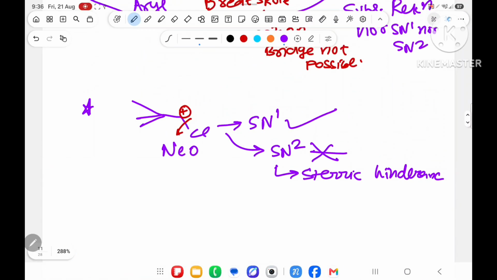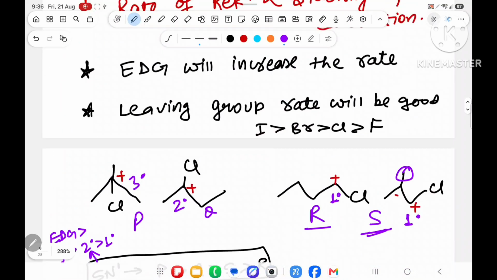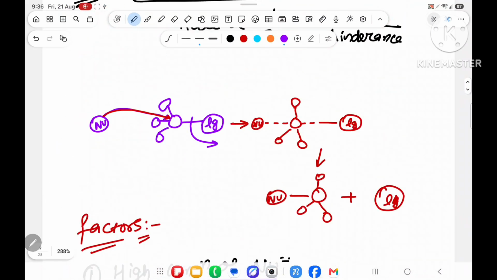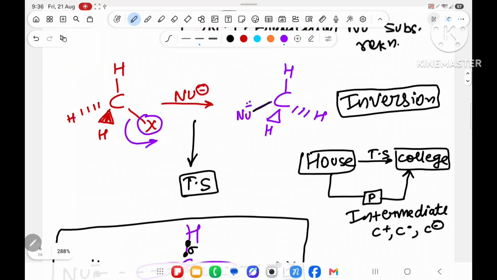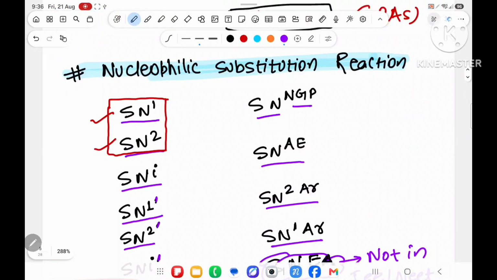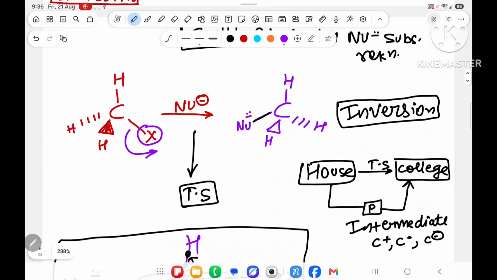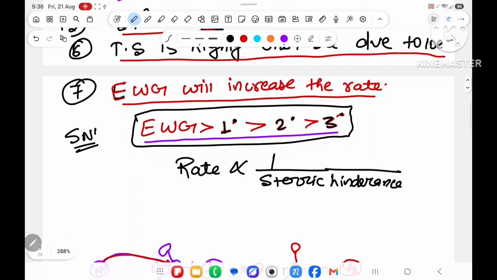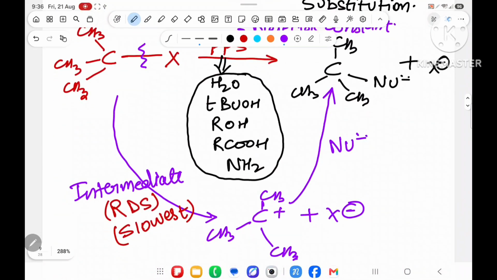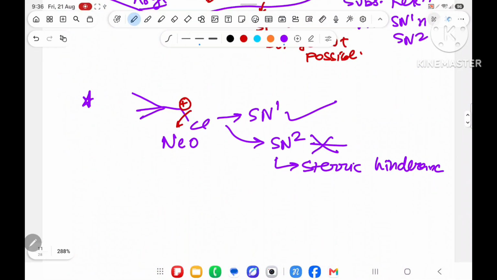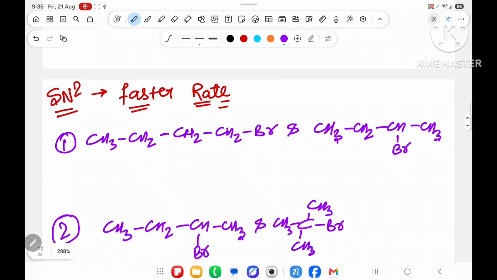So in the last lecture you have seen that SN2 will be, I have just now dictated, SN2 will be 1 degree, then 2 degree, then 3 degree, electron withdrawing group. SN1 is opposite to that. Opposite means first electron donating group, then 3 degree, then 2 degree, then 1 degree. Those who have seen the last lecture of the first part of hydrocarbon will understand what I am trying to